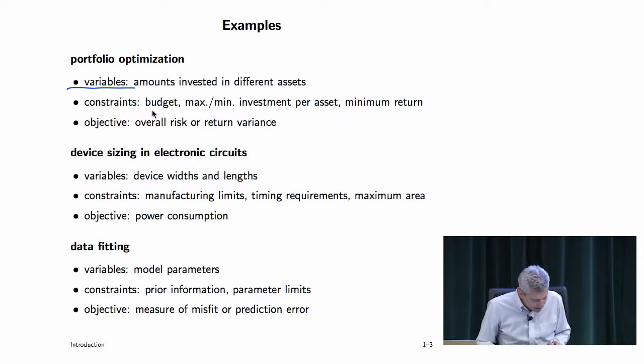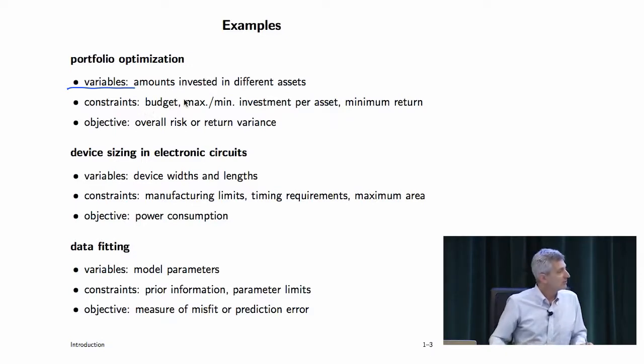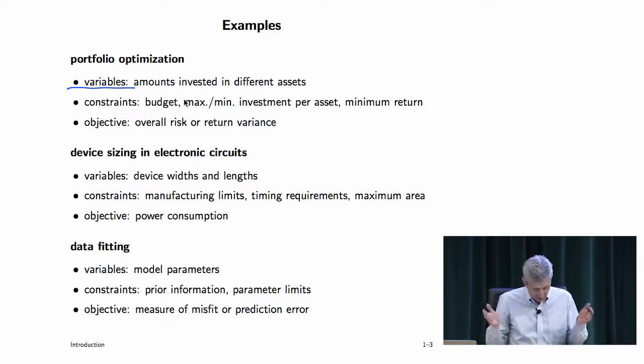Well, the constraints would be things like this. Well, you'd have a budget. For example, everyone, I'd like a portfolio which is 10 to the 9, 10 to the 9, 10 to the 9. Everyone would. It wouldn't matter. I guess those can't be fractions, but if those were in any other amount, that'd be fine. But of course, there's the constraint that the total has to be less than your budget.